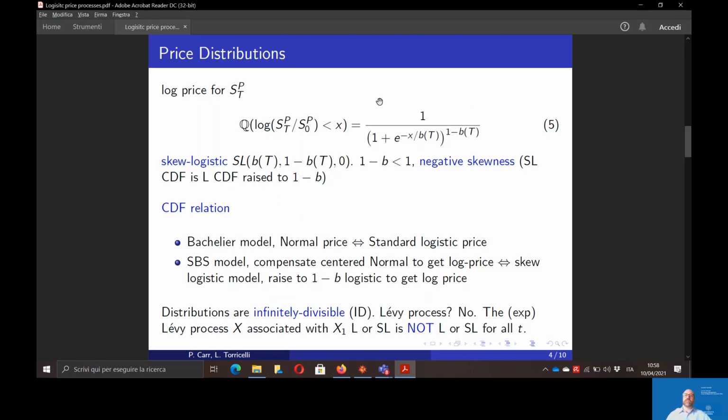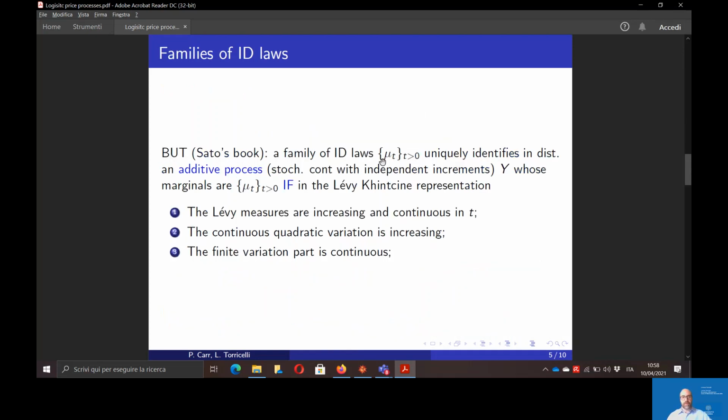What else? Those distributions are infinitely divisible. So those of you familiar with the theory of Levy processes might wonder, can we then do something with a Levy process associated to them? Well, in principle we could, but it turns out that this is not the right thing to do. It would not support the valuation formula we started with. So we have to do something else. We have to consider this infinitely divisible law as a time family. And once you've done that, you can apply a theorem which grants